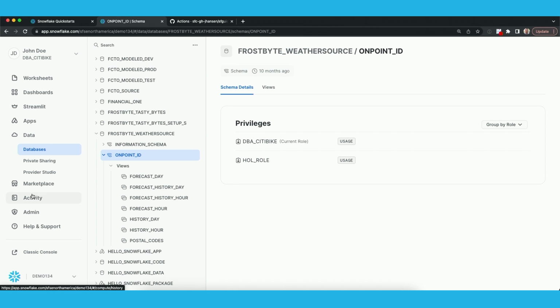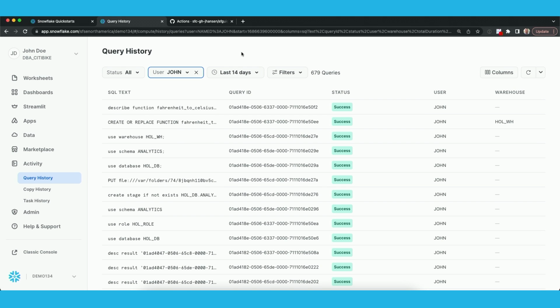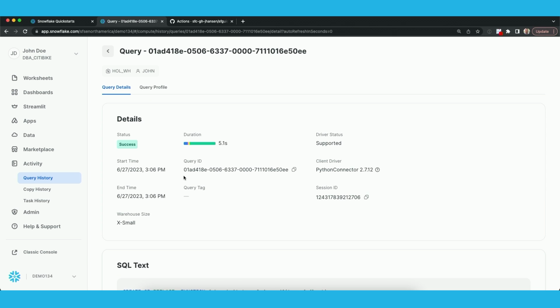And I can show you out in Snowflake. One thing I love about Snowflake, when I first got introduced to it 4 or 5 years ago, is the query history. Coming from previous database systems, it was just such a pain. This makes it so easy to see everything that runs all the time. And you'll see in here that it actually shows the create or replace function command. So if I go down to the text,